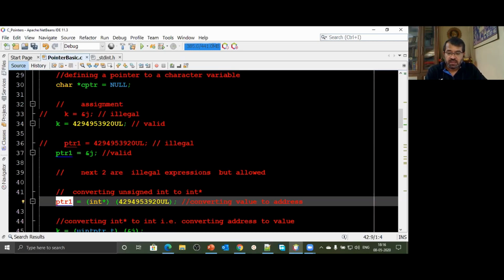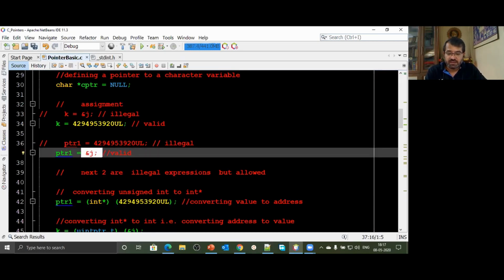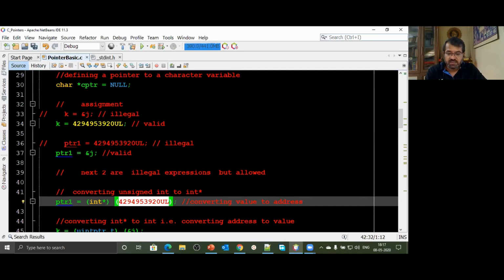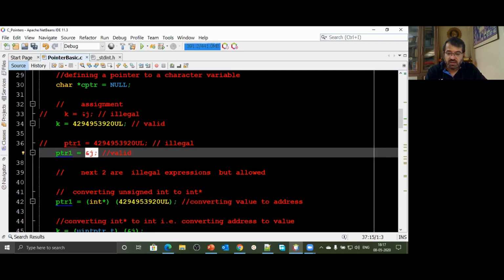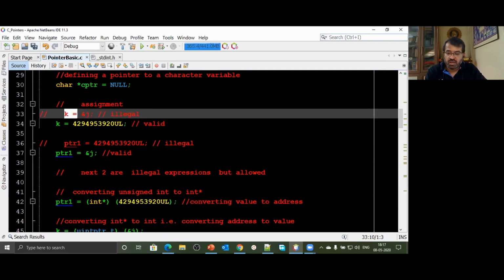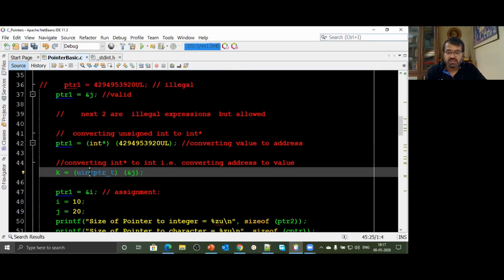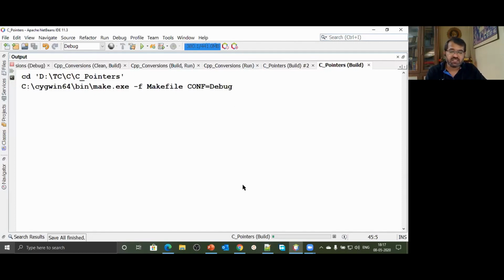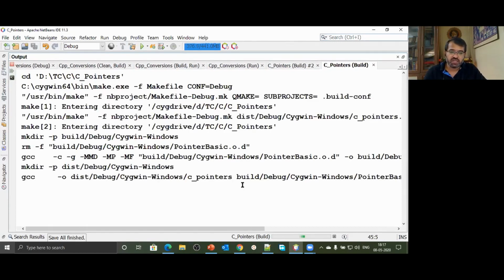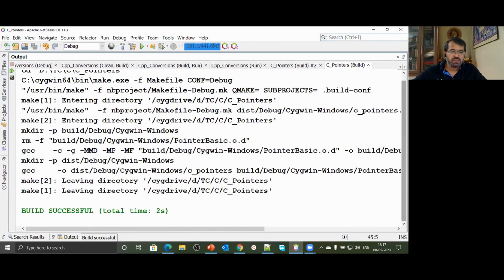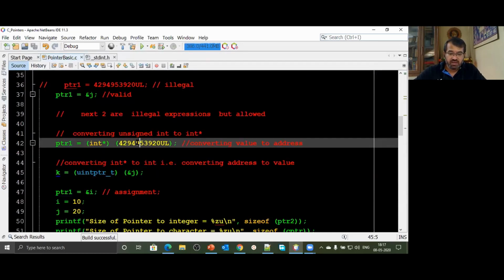Likewise, this statement was giving you the address of variable j, and this is the same address in the decimal system. If this was giving the address of j, we could not store the address of j into k. So what I could do is convert this address of j to that variable type, unsigned integer pointer variable type, that means a variable which is large enough to hold a pointer. So if I convert this address to a value, k can store that. Let's compile this statement and see, does it generate a warning or error at any of those two statements? It's perfectly all right. So I can convert. This is what C does.